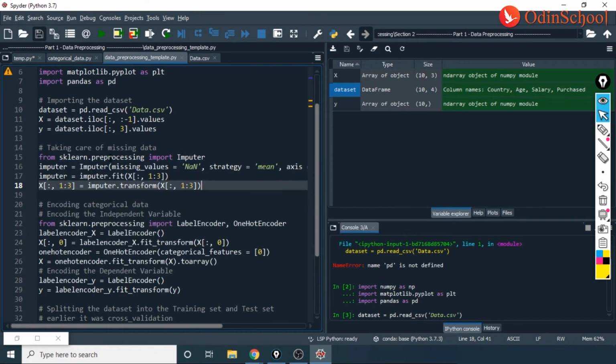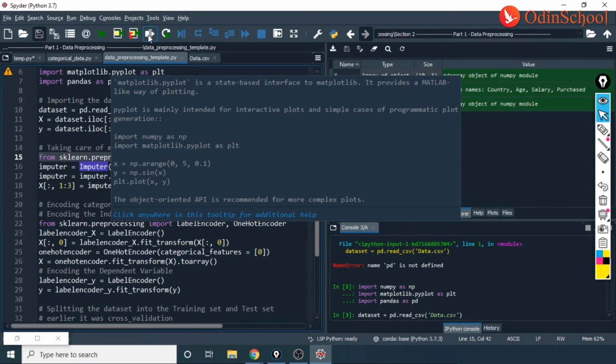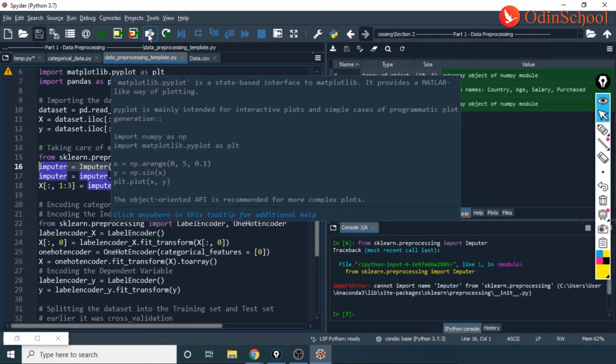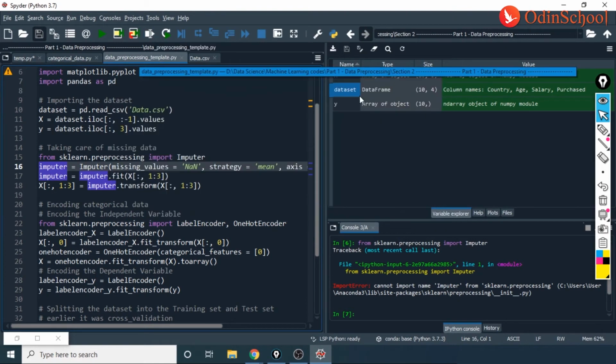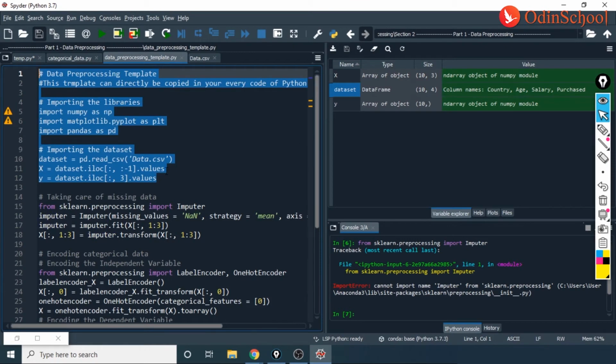Now, guys, sklearn preprocessing includes normalization and different binarization methods. And when I go into this, there is something called Imputer. Now what does Imputer do? Let us just execute this line first. It says cannot... Okay, guys, so this is how an error looks. What we are doing is, let me first run this chunk of code.